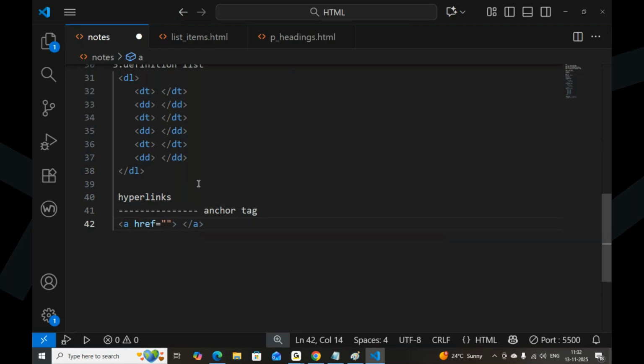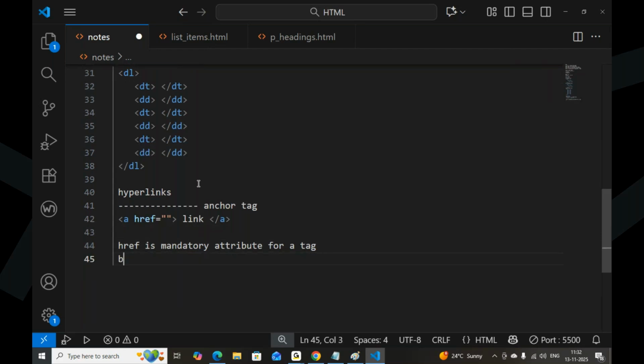And you can say this is the link. href is a mandatory attribute for the a tag. It is compulsory, we have to write it.